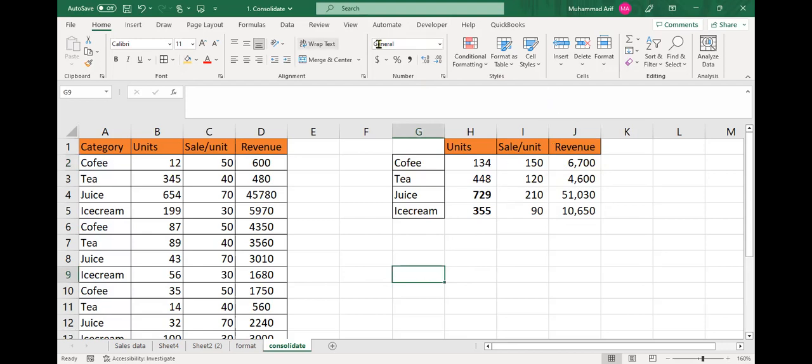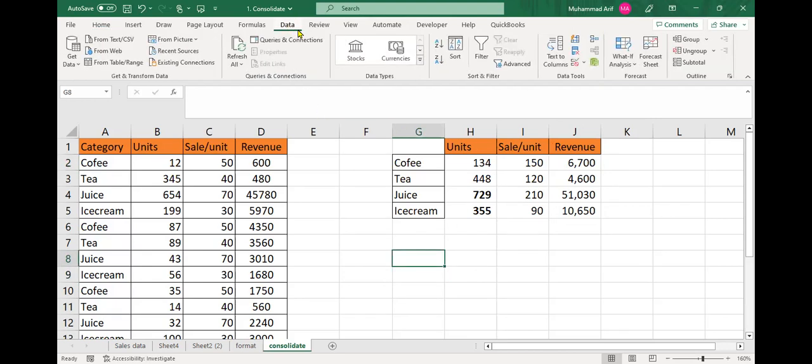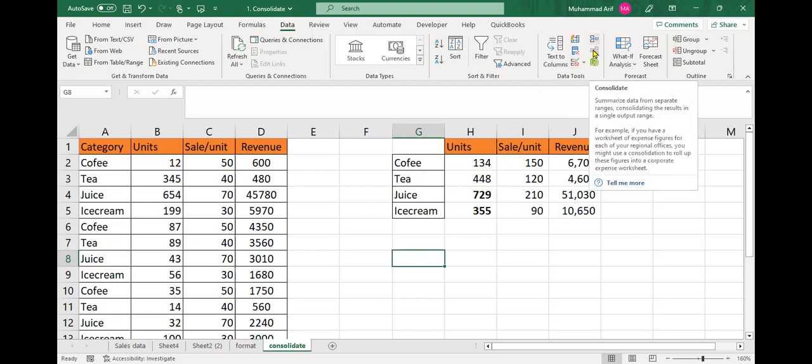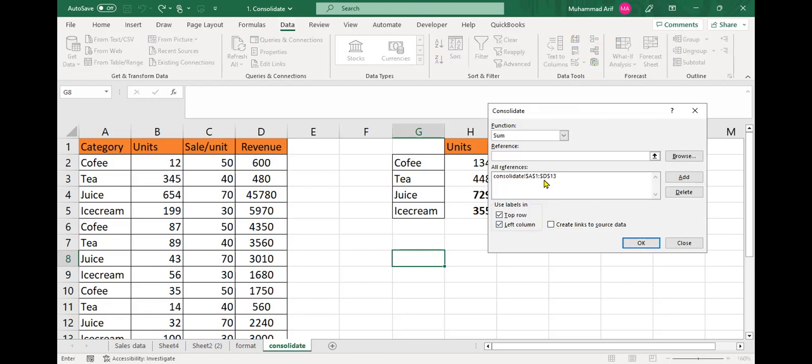Then I will go to Data, and there is a command, Consolidate. Okay, first I will remove, already I have